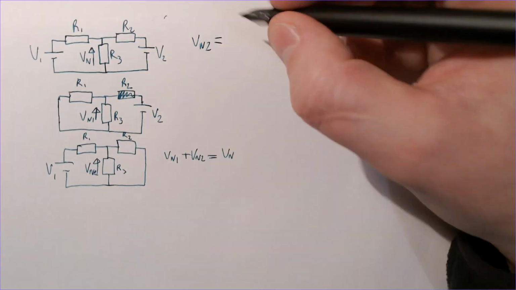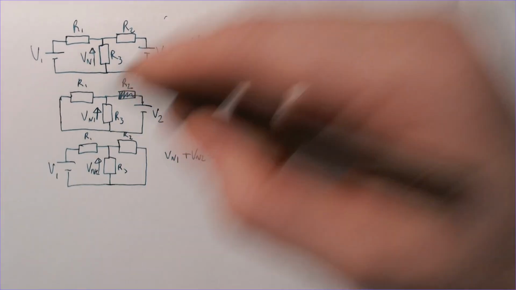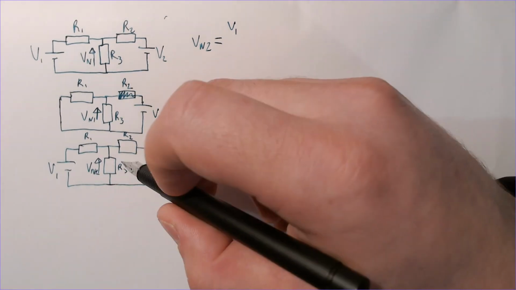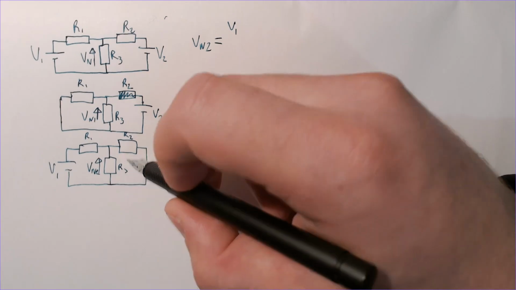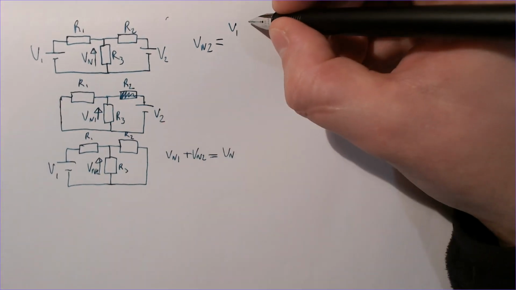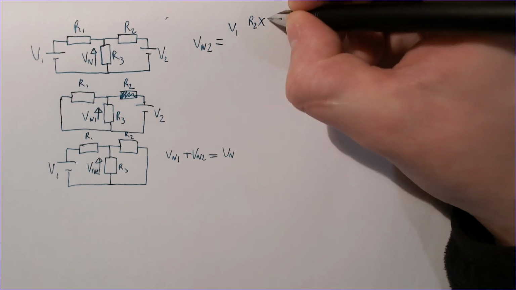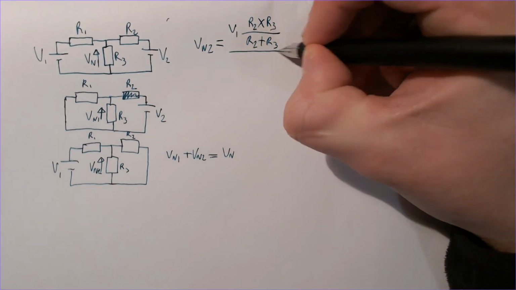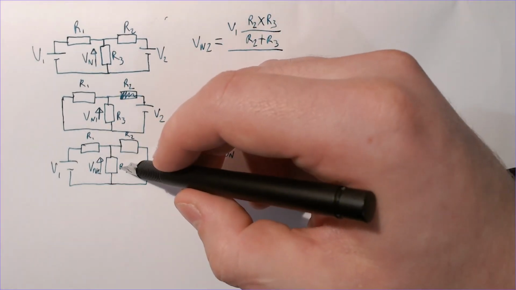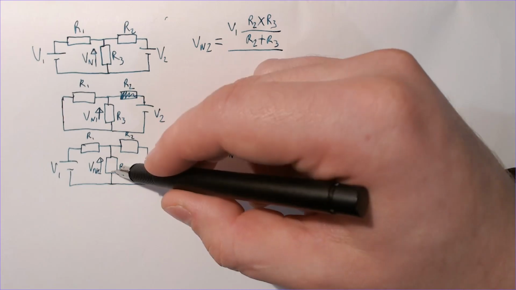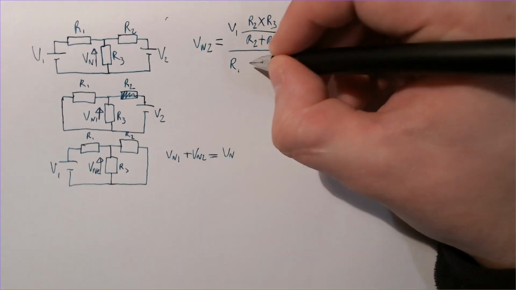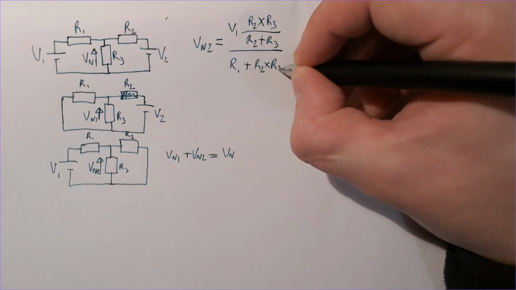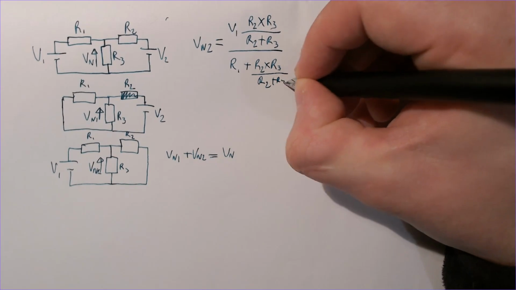equals, using the potential divider equation, V1 times the resistance with the voltage across that you're measuring. So that'd be these two in parallel. So R2 times R3 over R2 plus R3, over the sum of the resistances, R1 and the other resistance, which is in parallel. So that will be R1 plus R2 times R3 over R2 plus R3,